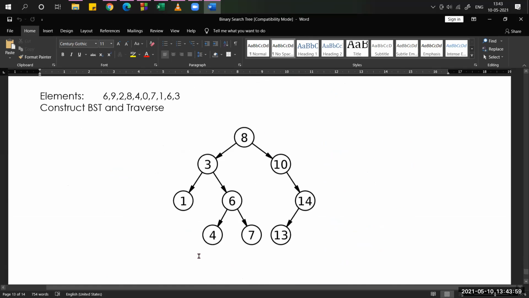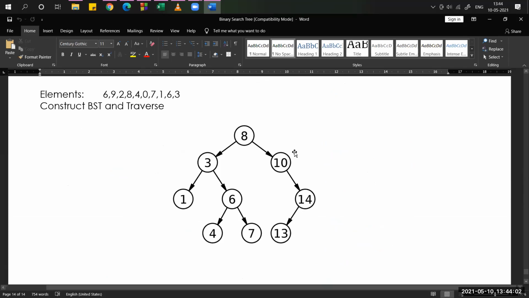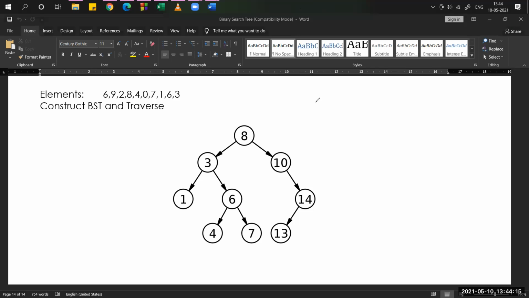Now here is one example, a binary search tree. Based on this tree, try to implement in order, pre-order, and post order. Let's check what the output is. What is the in order here first? What is the formula for in order? In means the parent has to come after left, next right. In between those two, the parent has to come.